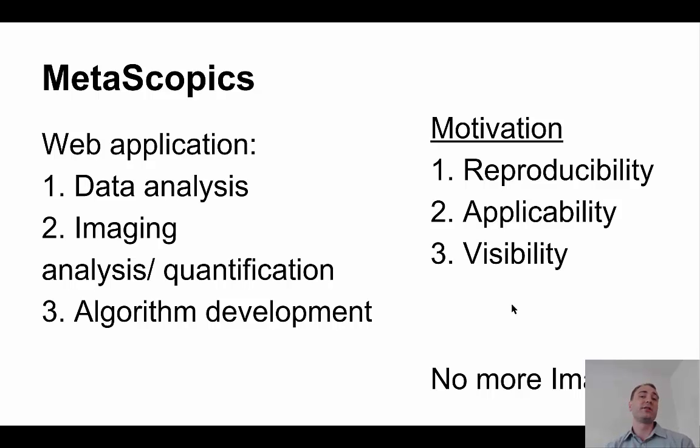If you could do that, you would be able to look at their workflow and say whether or not there were problems in it. So that's the idea behind Metascopics. We provide an online link where you can give this link to people. They can look at your workflow, they can look at your data, and they can see how your data runs through. Additionally, we provide greater applicability for new algorithms, because now if someone can see how your great image analysis